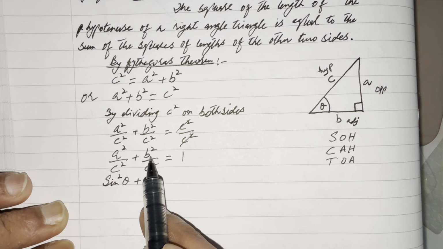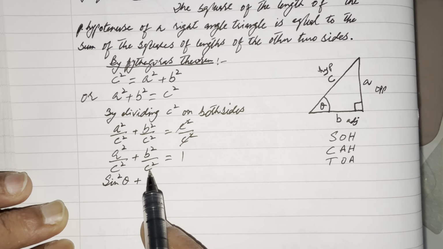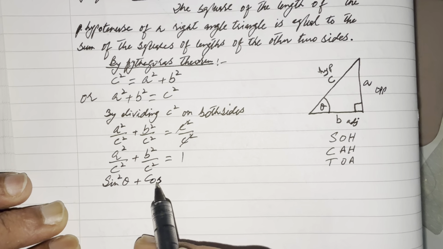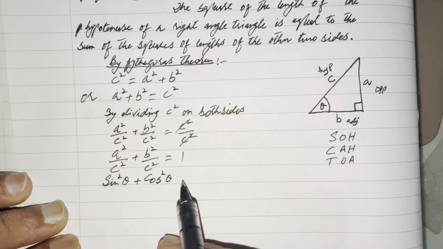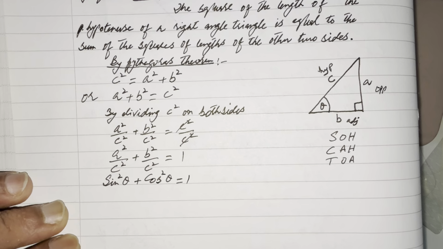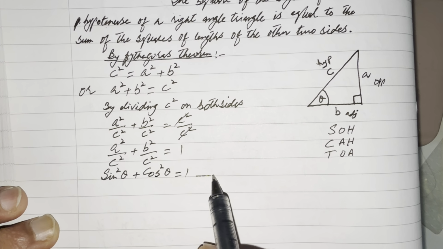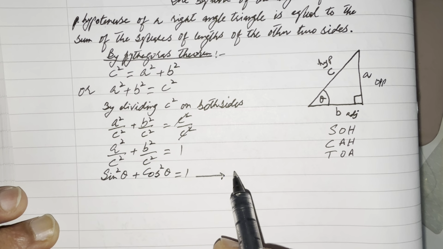So the adjacent is b and hypotenuse is c. So we can say that cos square theta is equal to 1. So that's the first trigonometric identity